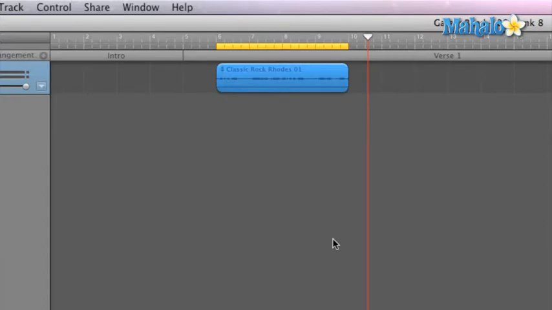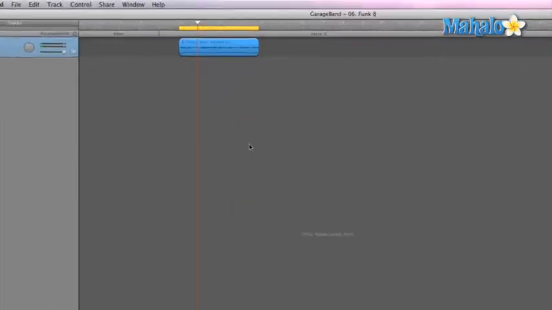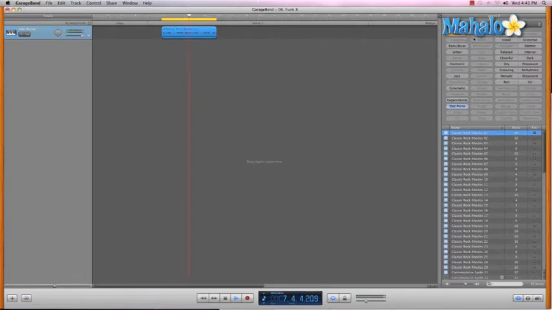And let's go ahead and hit play again, or the spacebar. So now we have our loop set up where we can hear it over and over again. Cool, awesome. Now if we go back to the loop section,